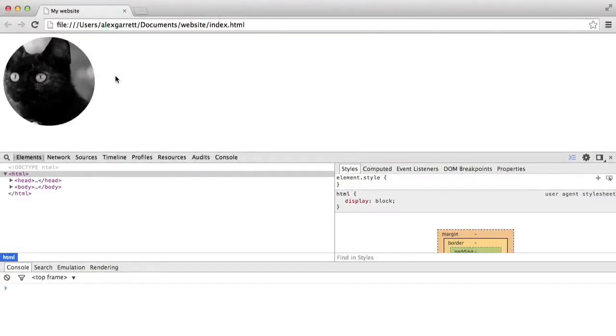Okay, so we're now going to take a little break and build something fairly cool. It's this little profile image type thing, and when we actually hover over it, you can see that the color gradually changes. It goes from grayscale to color very gradually. Now, all of this is done with one image, and it's done with transitions, and it's done with filters as